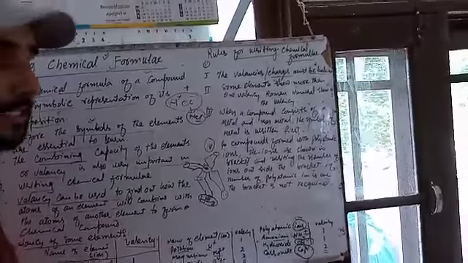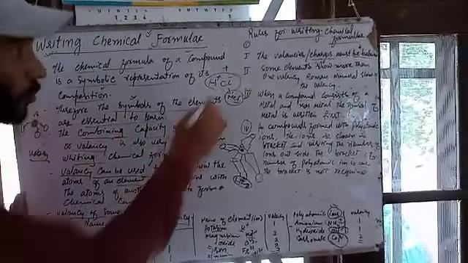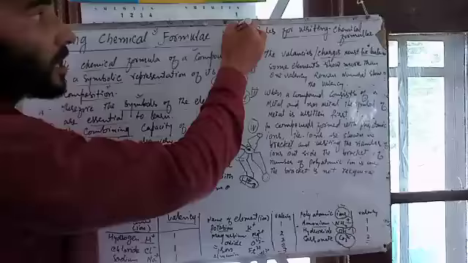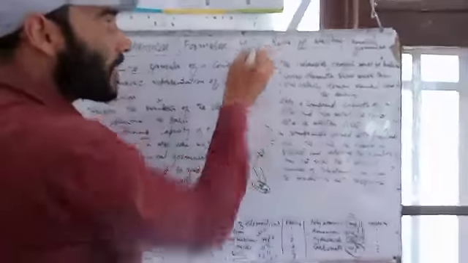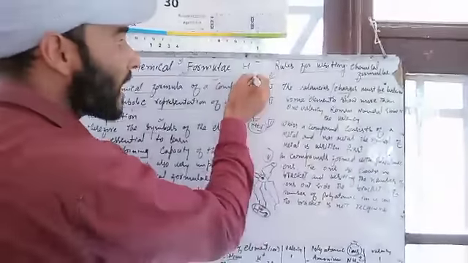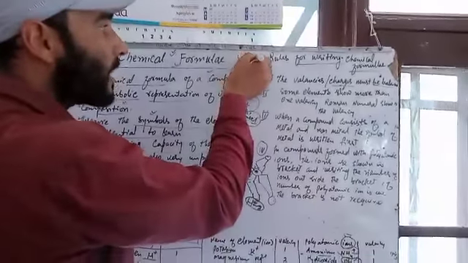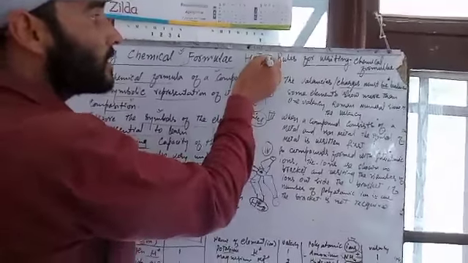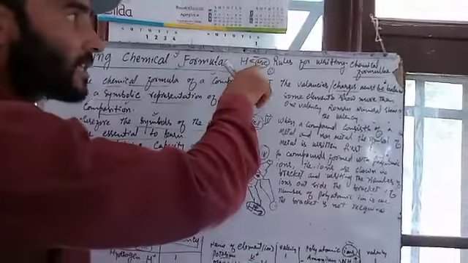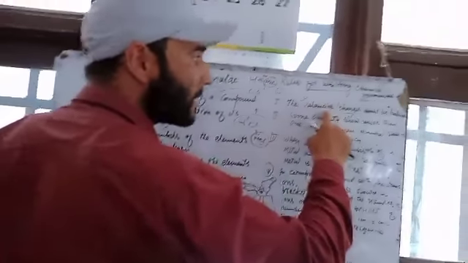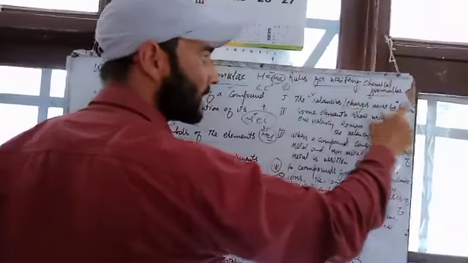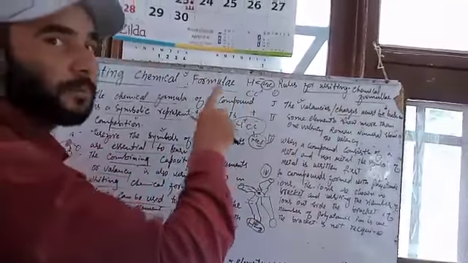Cl has a negative charge, so HCl is neutral. Plus cancels minus. Why HCl? Because hydrogen can occupy only one element, for example one atom, and chlorine can also occupy one atom. That means HCl. This is the chemical formula of hydrogen chloride, HCl. It shows the first rule, that the valencies, the plus and minus charges, must be balanced.